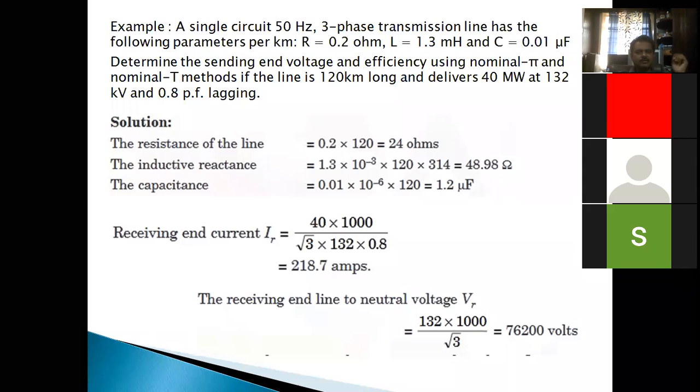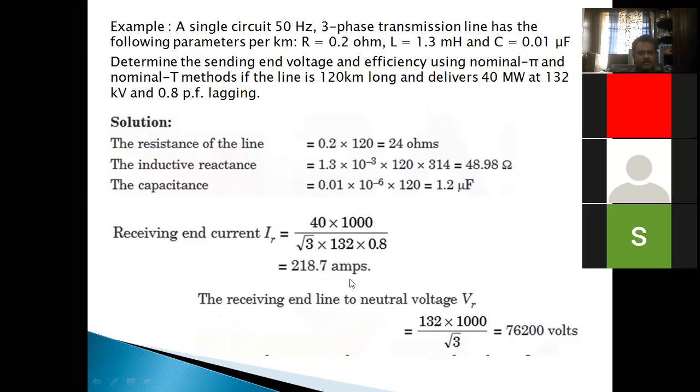Next, calculation of the first step: we have to calculate the receiving end current. So receiving end current is equal to receiving end power. The power is given as 40 megawatts, which I have converted into kilowatts, 40,000 kilowatts, divided by root 3 times VL. VL means 132 kV, so the kilo gets cancelled. The numerator is converted into kilowatts, here it is kilovolts, kilo gets cancelled. You will get the total value